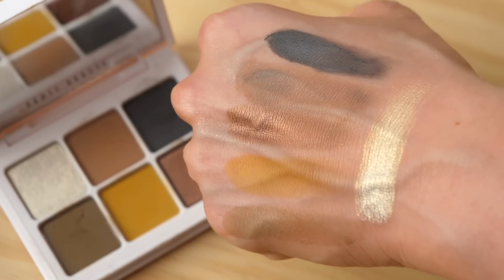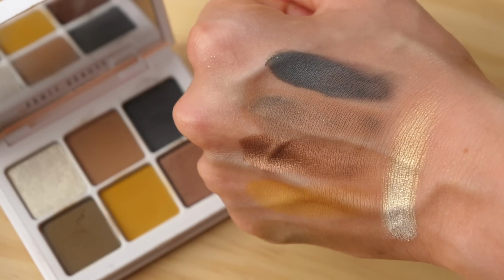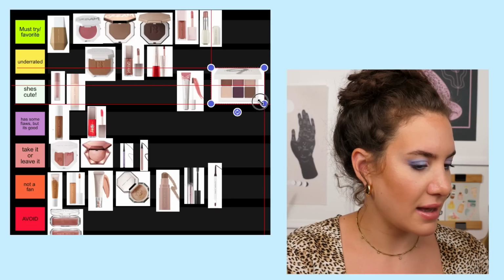The metallics give you that pop, and the mattes are nice and smooth. There's not really anything bad that I can say about them. I really do enjoy small little palettes like this too. They're really great to put in your makeup bag, and they don't take up a lot of room. I think I would put these in